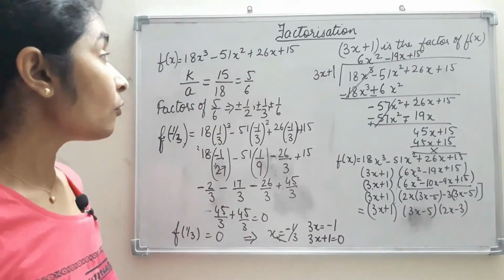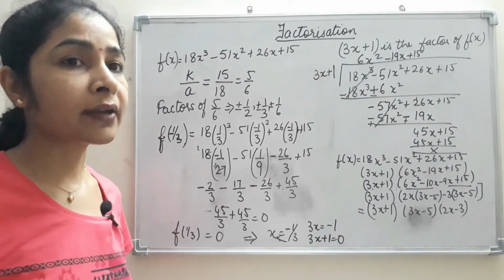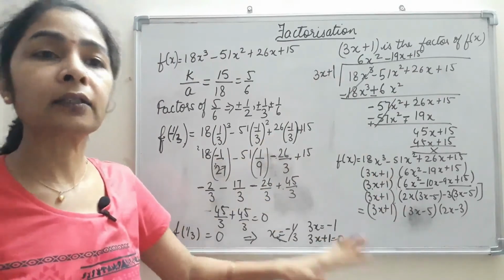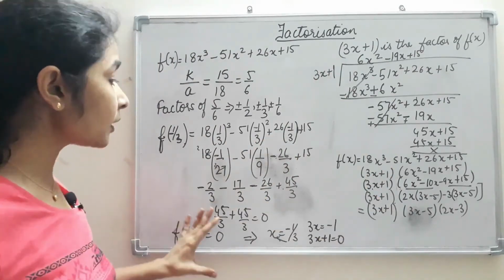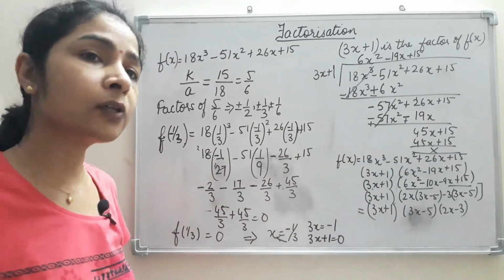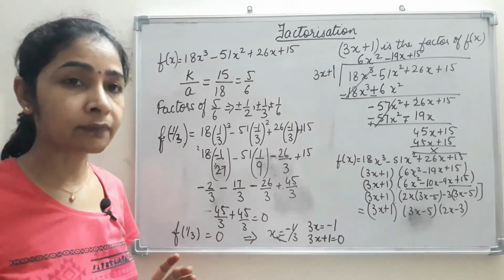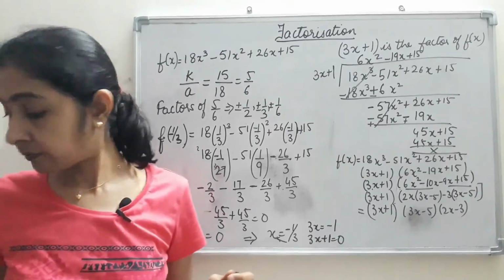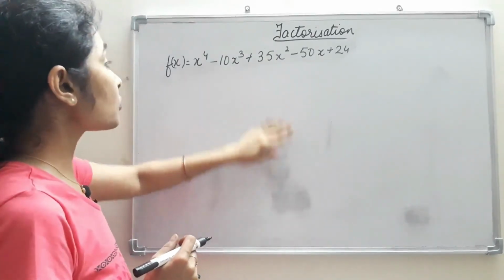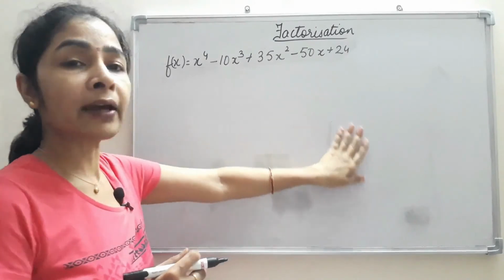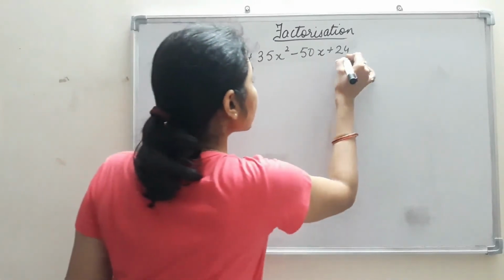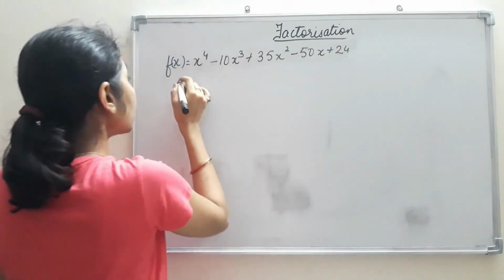Okay, now one more question we are going to solve, and that is we are going to solve the whole thing with the factor theorem only. Here we have done up to here, and then we are going to further do the trial and error method and solve the whole question with factor method. Okay, factor theorem. Okay, let's see. So here we are having this polynomial which we are supposed to solve through factor theorem only. So now first we will see the constant term, and that is 24. So factors of 24.